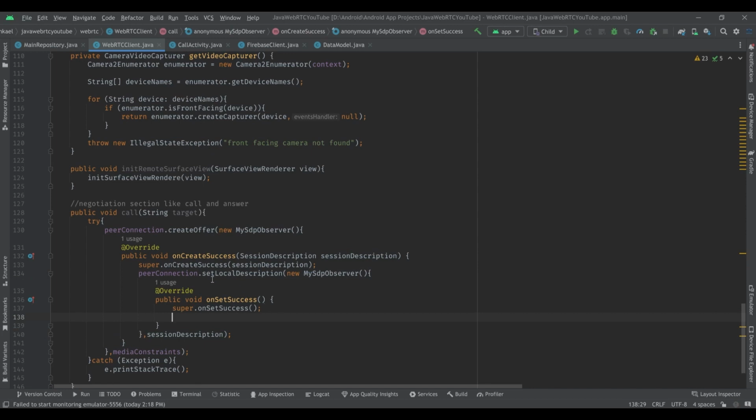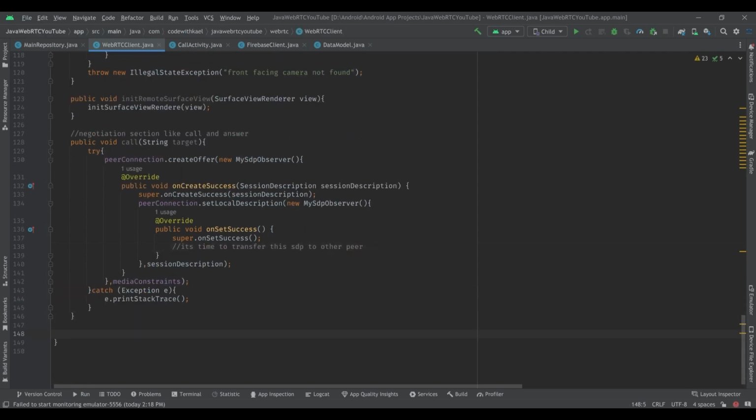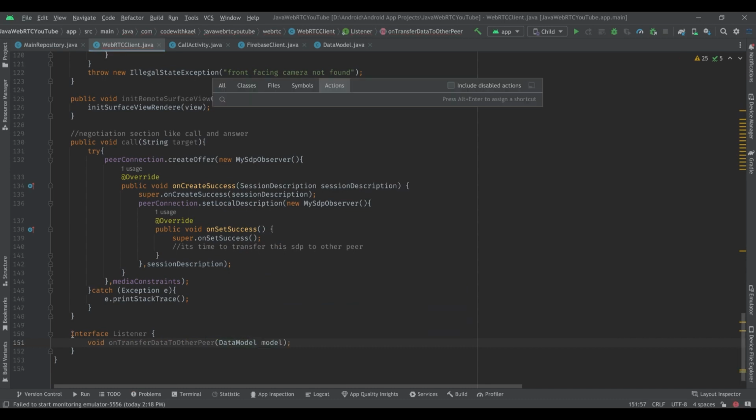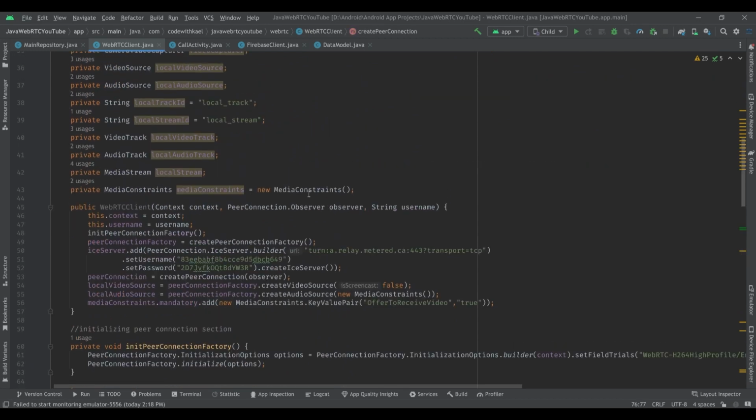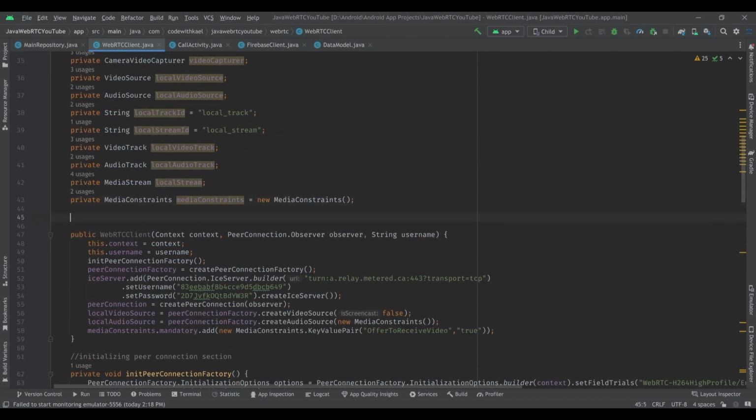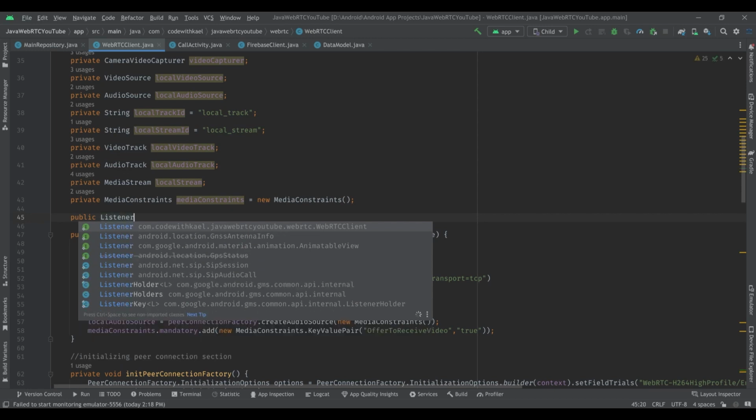So after setting this session description as our local description, it's time to transfer it. So it's time to transfer this SDP to other peer. So to do that, I'll create an interface named listener, and it will have a function on transfer data to other peer, and it will get a data model, and it also has to be public. So let's go up here and create our listener as well. So public listener,